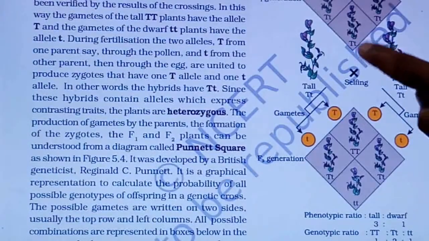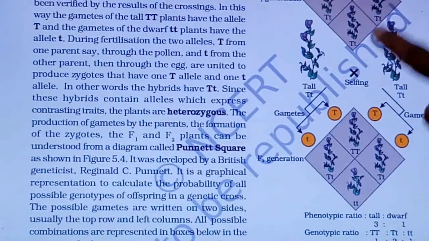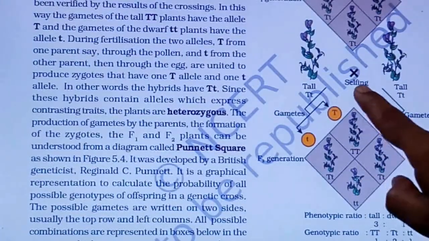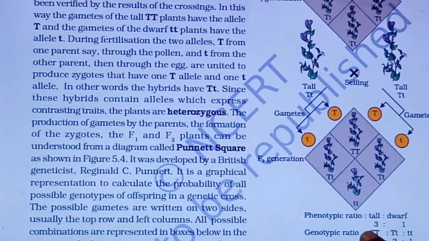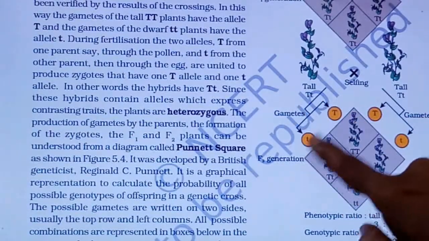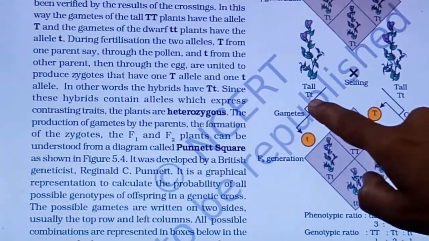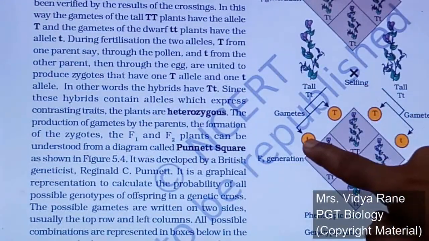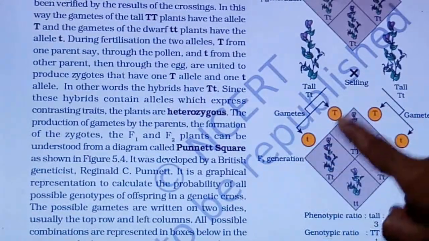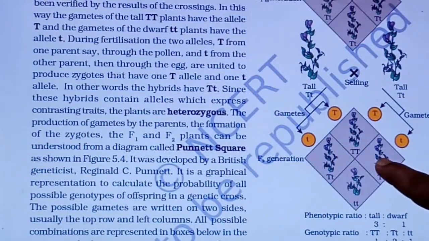Whenever this is selfed, meaning capital T small t crossed with another individual, capital T small t, heterozygous, that is called selfing. Then we get the result of the F2 generation, that is 3:1, 3 tall and 1 dwarf. This is the result. So here also, suppose capital T and small t are there, one capital T will go in this gamete and small t will go in this gamete. So the alleles live together in the individual, but during gamete formation these get segregated from each other without mixing with each other. So this gives you the law of segregation, right?